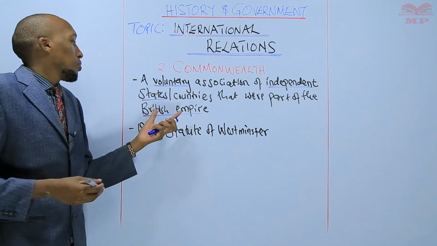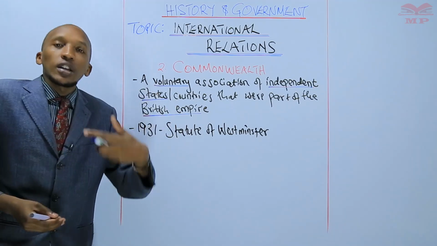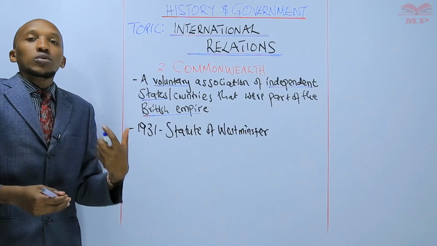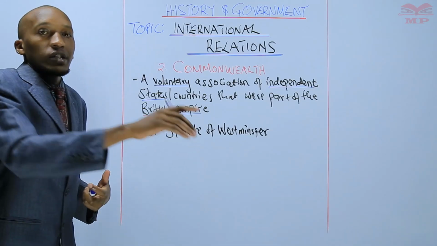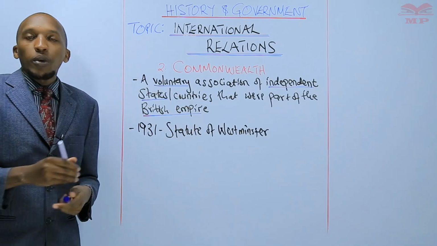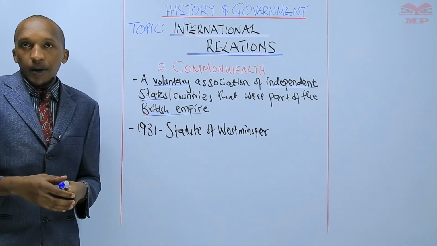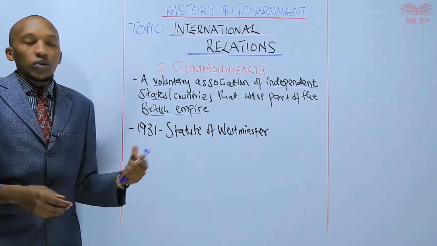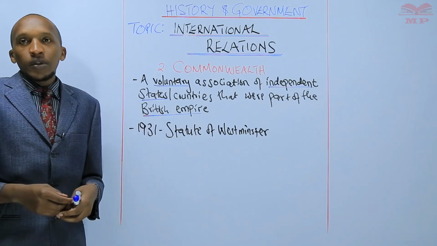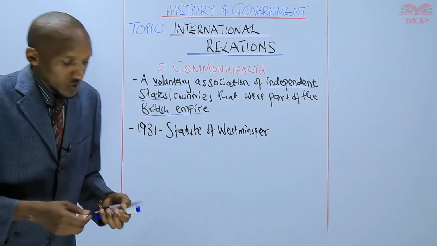Remember, initially, as the British Empire, they instituted their rules and their governance on these other parts of the world that were part of their empire. So this statute that was instituted in 1931 allowed the dominions